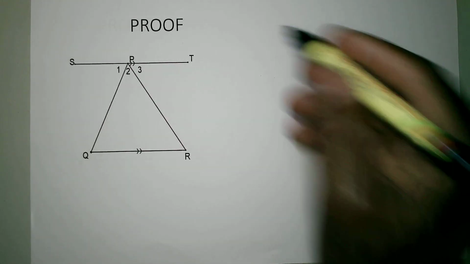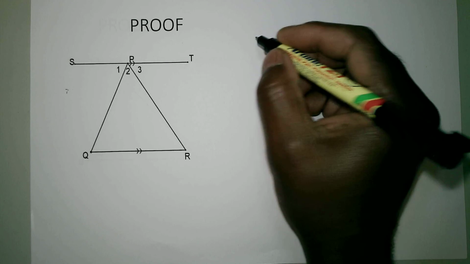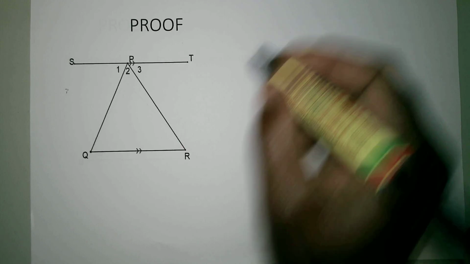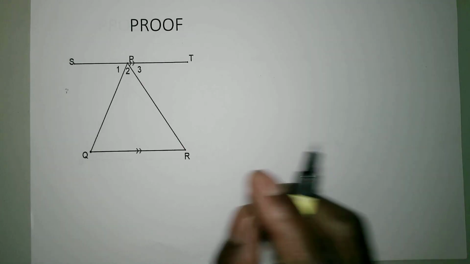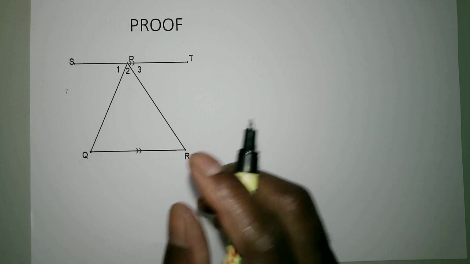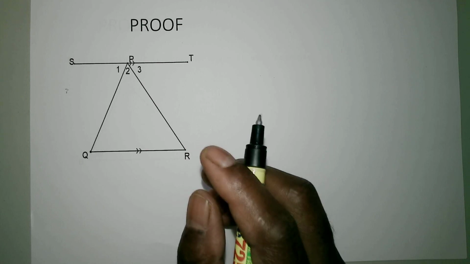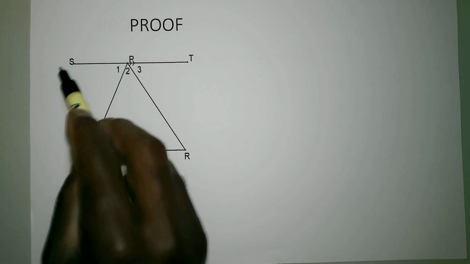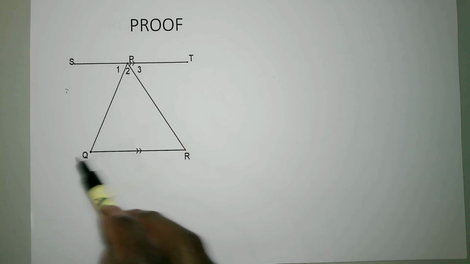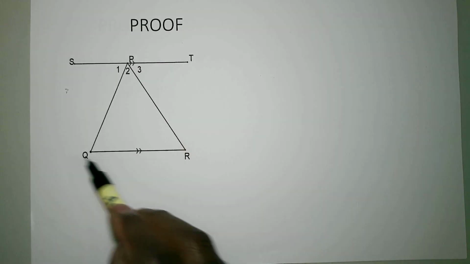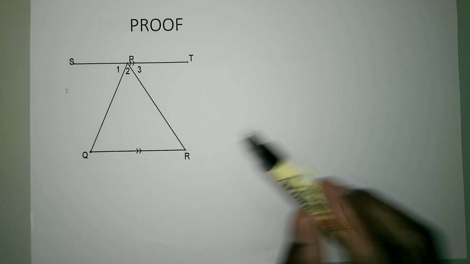So you remember, what we normally encourage is what we call diagram analysis. What is given to us is that SPT is parallel to QR, and we know from parallel lines